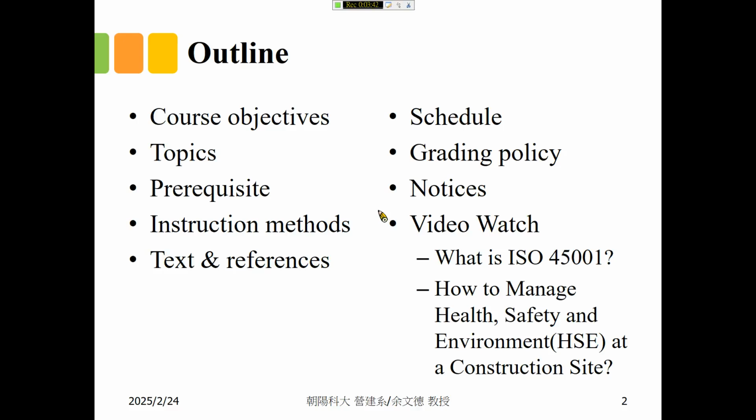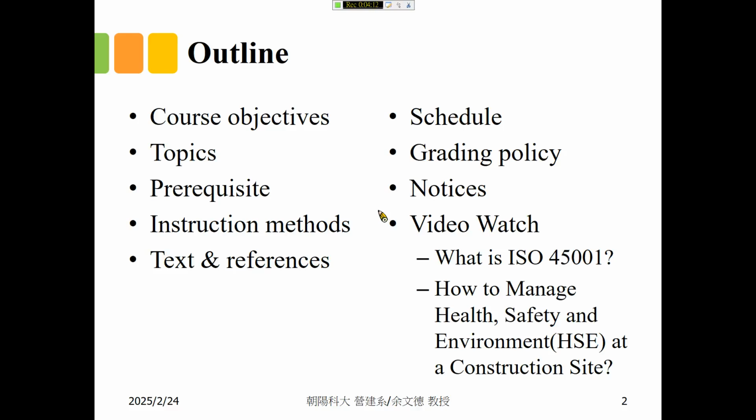And this is the outline for the syllabus. I have the course objective for this class and the topics I want to cover in this semester. And there are some prerequisites for this course, and the instruction method I'm going to use, and the text and reference books for this course, and also the schedule I planned for this class.